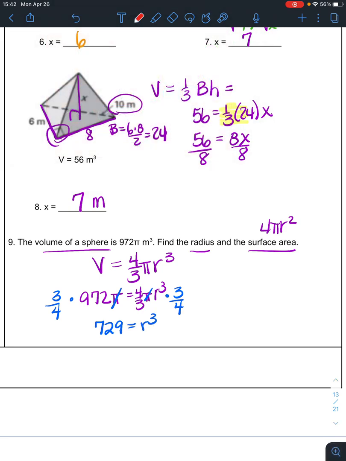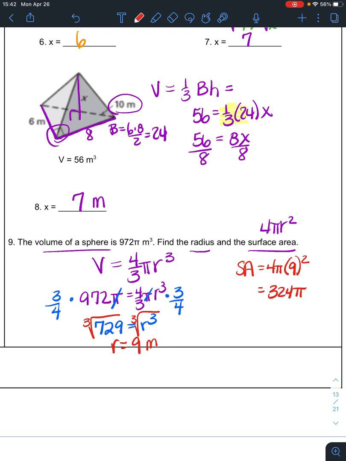I don't want r cubed, I want r. So I need to take the cube root, just like I take the square root. I'm going to take a cube root, and that gives me that r is 9. Once I know that r is 9 meters, now I can find the surface area. Surface area is equal to 4 pi r squared. Now I know r is 9. And so I get